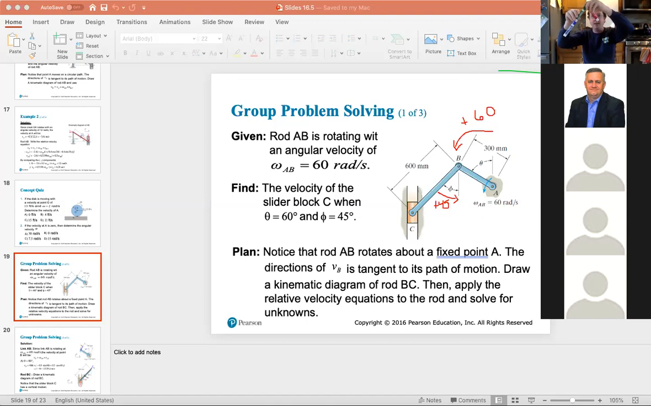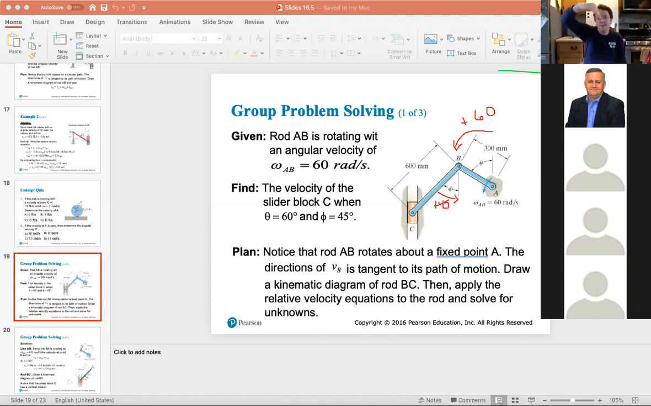As I rotate AB down, point C can only slide down. And look what it does. It tends to make these kind of scissor and pinch. So phi is actually going to,